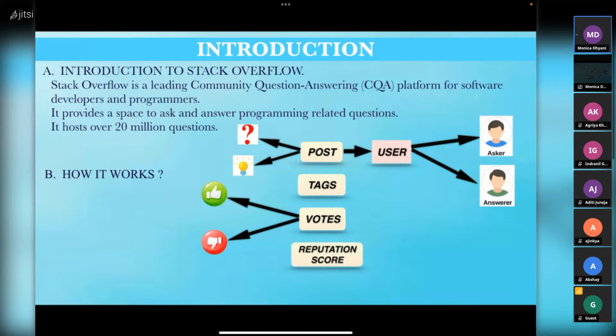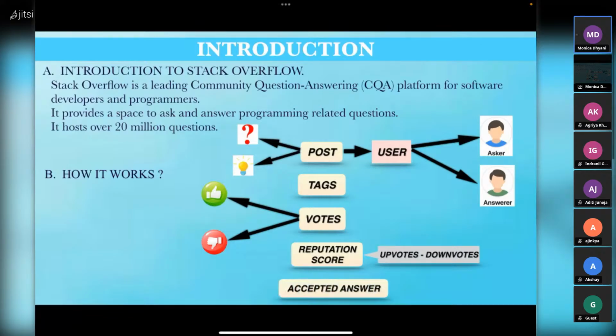And on the basis of this upvote and downvote, the reputation score is calculated. So it is given on the basis of upvotes and downvotes. This is the difference of upvotes and downvotes. So one of the major, or we can say important, features of Stack Overflow is that